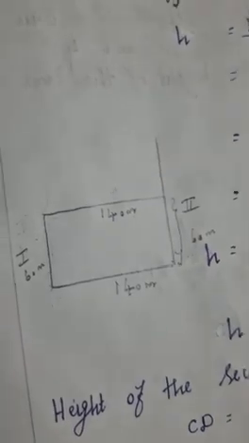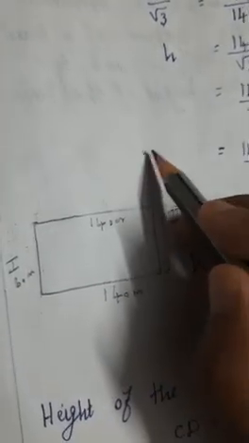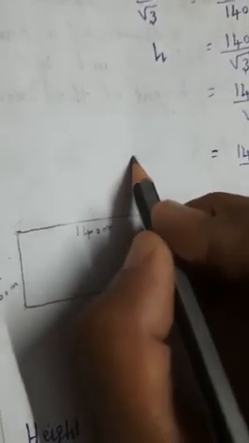The next one, from the top of the second building only they are looking at the top of the first building. You know that this is the top of the first building, this is the top of the second building. Now at what angle are they looking at the top of the first building? You know that it is at a 30 degree angle. So how will you make the angle? You know that it is the line of sight with the horizontal line. When you are standing here, this is the horizontal line. When you look straight, this is the horizontal line.